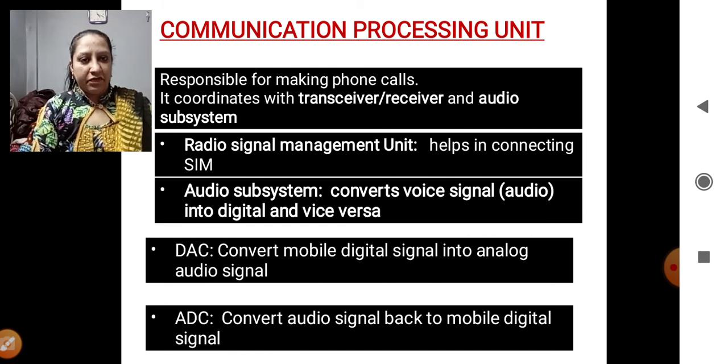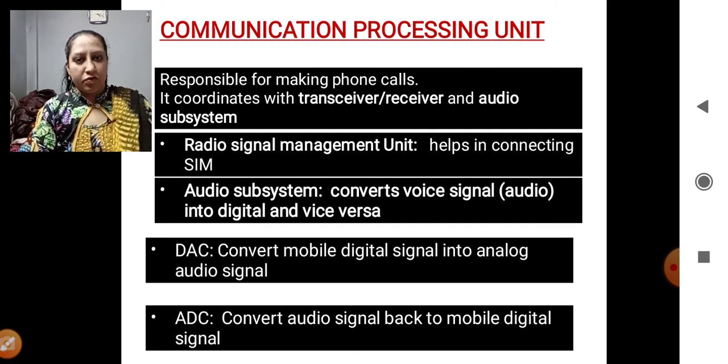The first converter is called DAC, which does the conversion of the digital audio record you made in the mobile so it can be transmitted through radio waves. That is the first process. Your digital data gets converted into analog signals, so that it can pass through the radio waves.